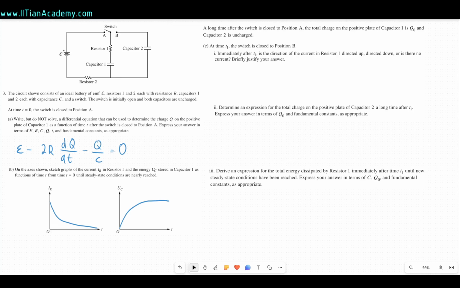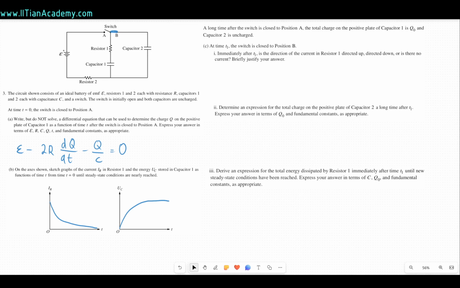In part C, we are told that after a long time, the switch has been in position A, and the charge on capacitor 1 is Q0, and capacitor 2 is uncharged. Then we are told that at time t1, the switch is moved to position B, and we need to say whether the current is directed up, down, or there is no current in resistor 1 when the switch